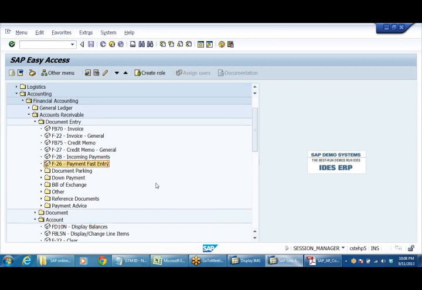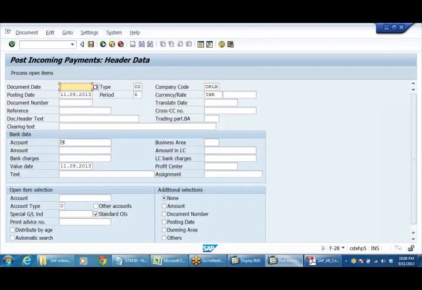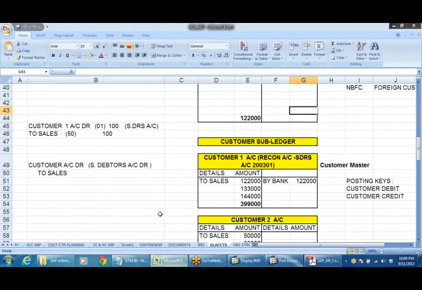So when payment is received, we use incoming payment, F-28. By default the system is showing a DZ document. Why DZ? Because this is a customer payment.